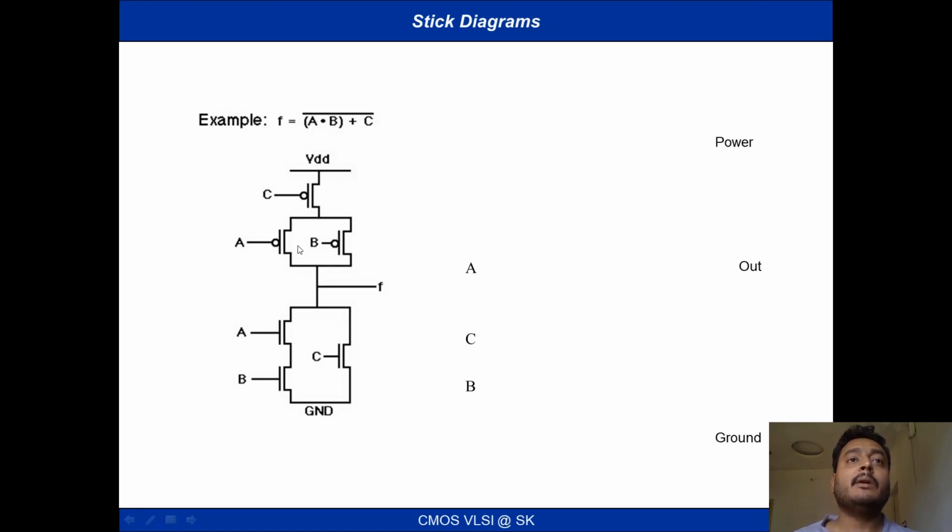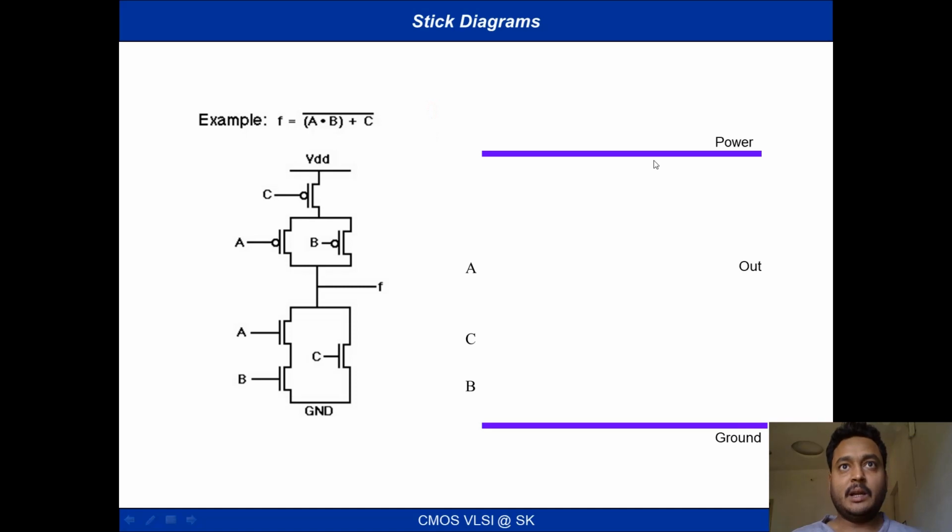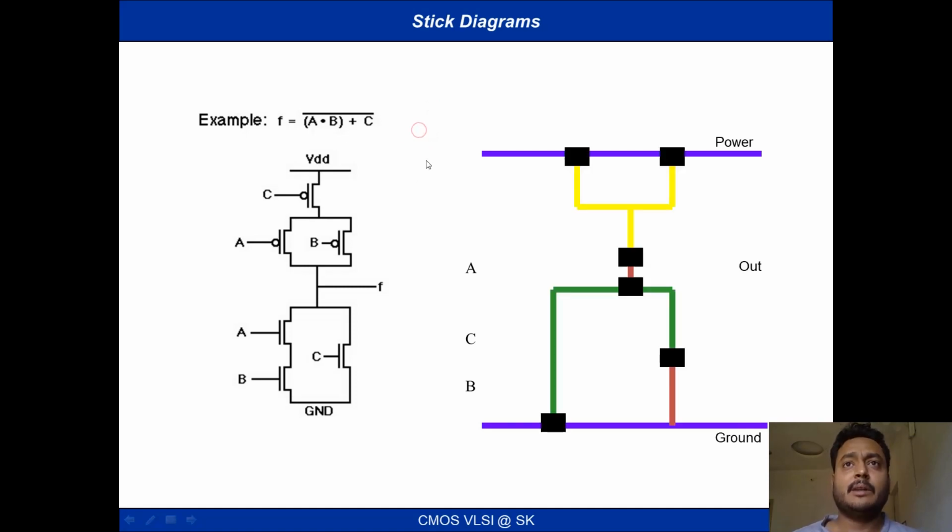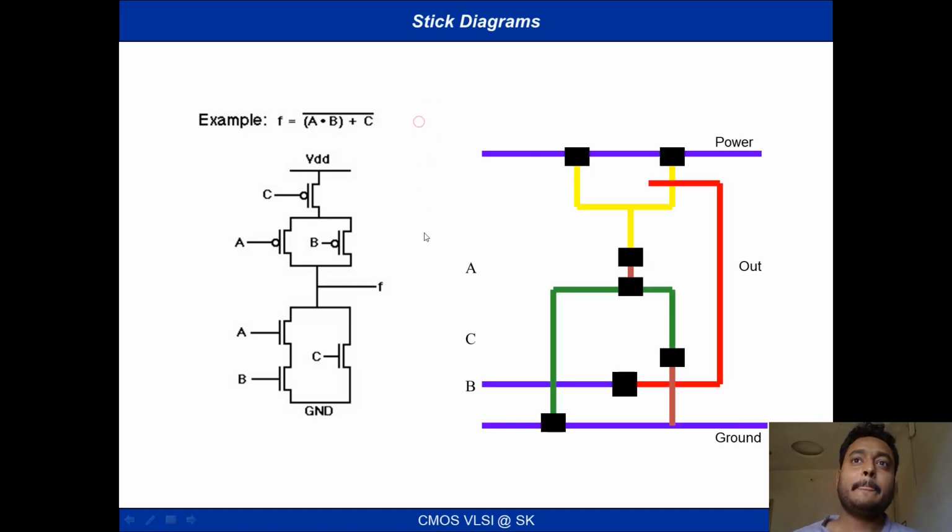The C can come down, A and B can go up. This is also the correct circuit, and this will be your stick diagram for that. Okay,